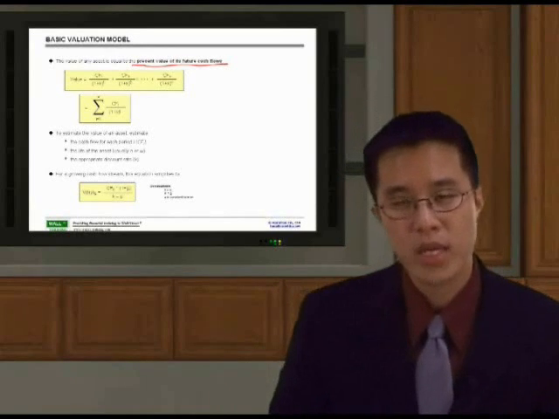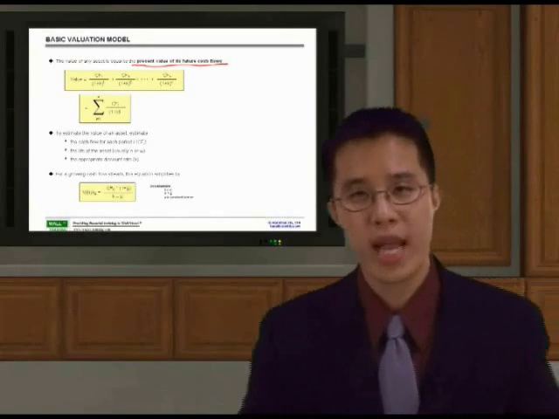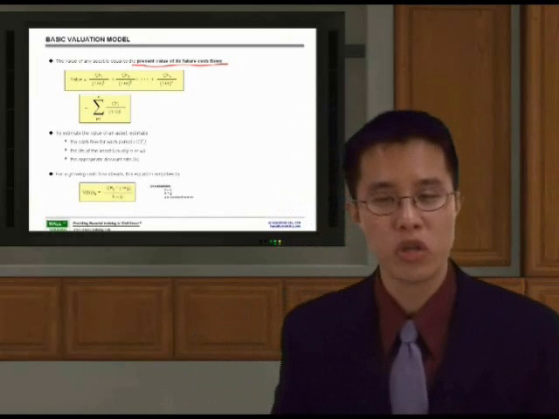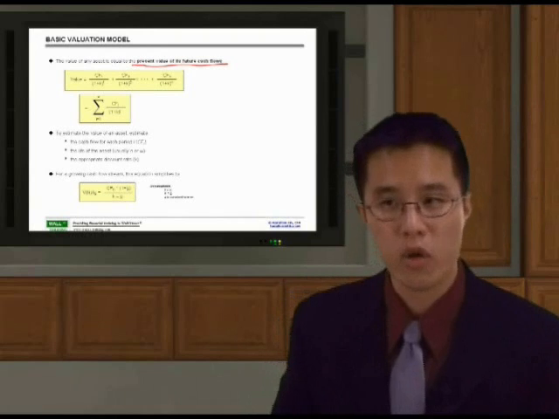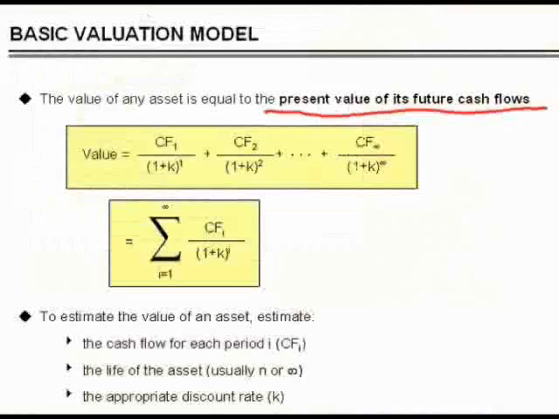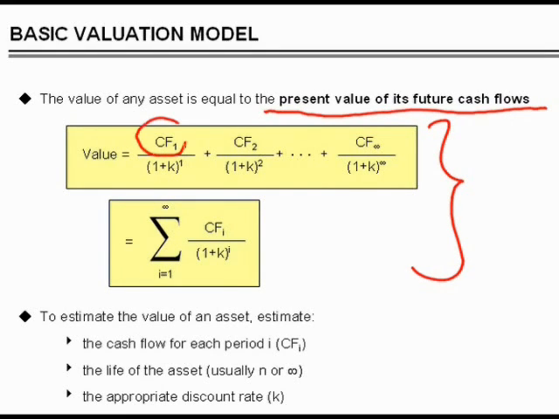That should equal the projected future cash flows that it will bring to me in the future. And of course, since a dollar today is always worth more than a dollar tomorrow, I have to discount it back. So again, how would you calculate that? Let's put some perspective on it and put in some Greek letters here. So the value of any asset is going to equal the future cash flows, in this case,